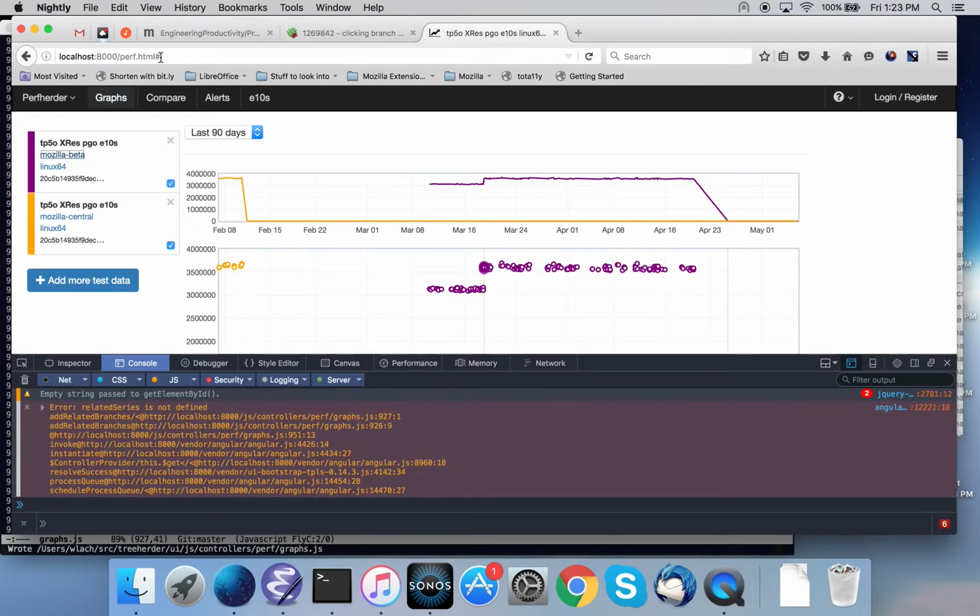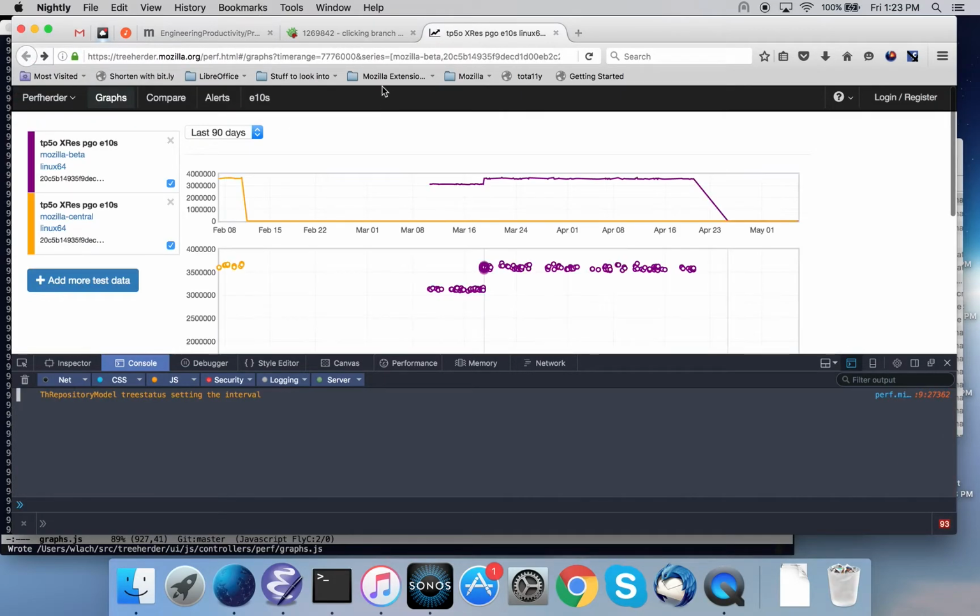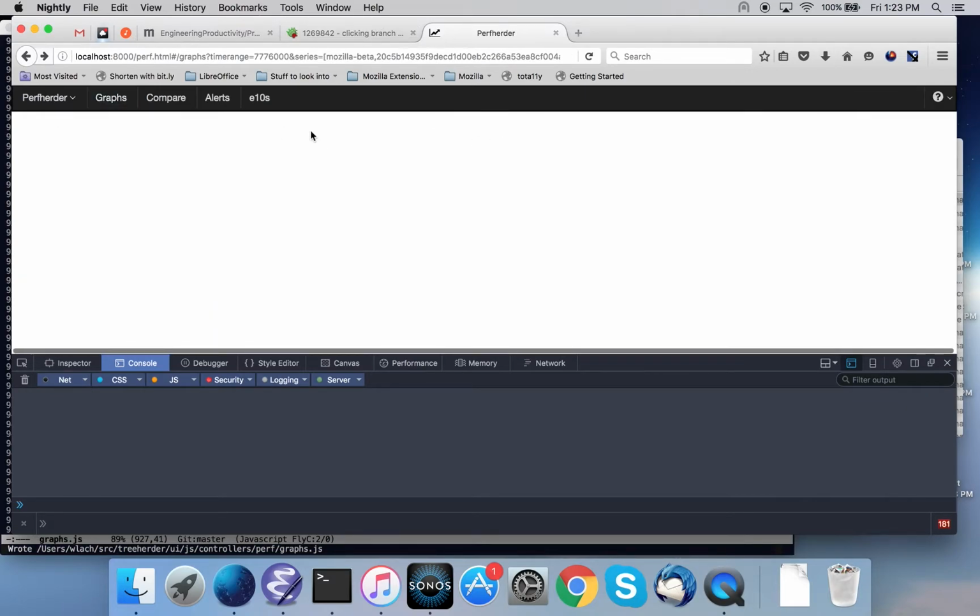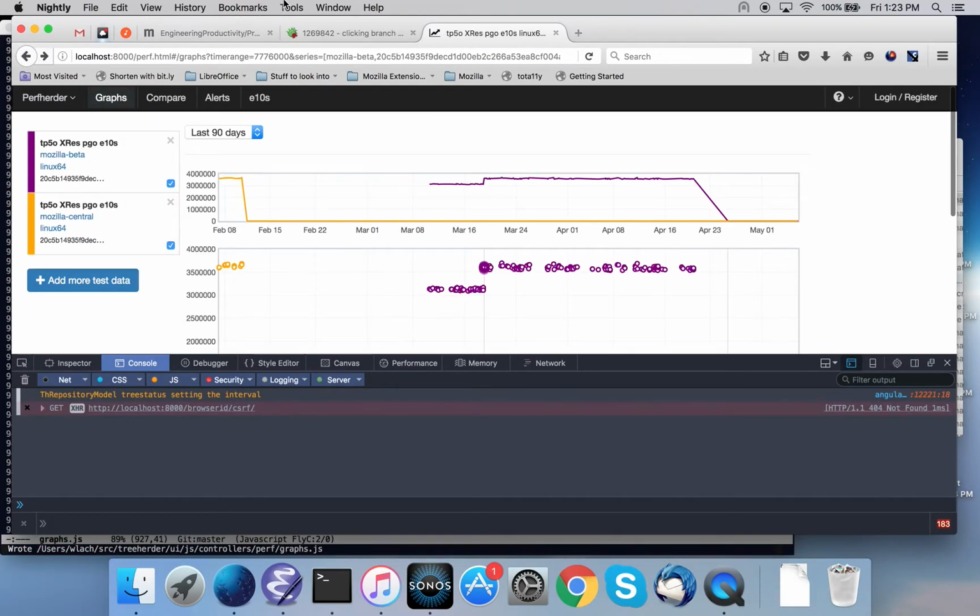Unfortunately, we have another bug, actually in Perfherder, where sometimes the URL gets messed up. So in that case, we kind of have to go back to where we were before, but I think this will just work. Okay, Treeherder. Okay, let's just reload. Actually, I guess the URL string got messed up because it didn't complete the action, but sometimes even still,